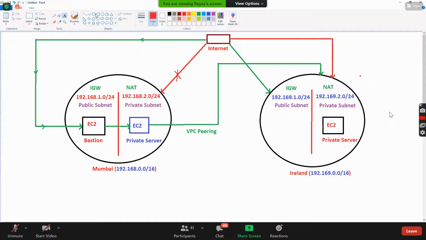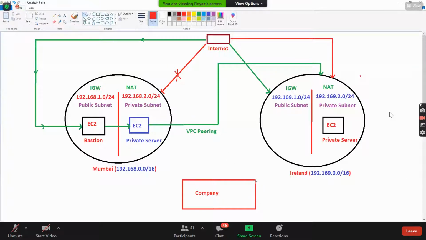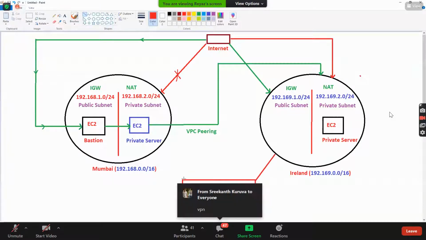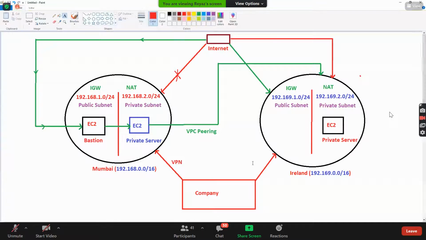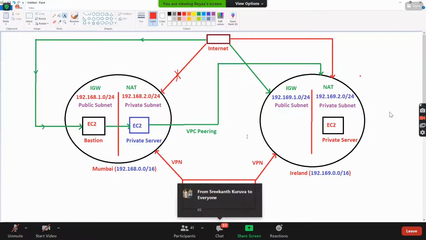And then here I just put it like, if you have your company, this will be your company, right? And company to AWS, how do they connect, guys? They both will connect through the VPN concept. Your network administrator will do that. Of course, you need to do something on the AWS side, but you will easily do that too. So this is through VPN and this is through VPN. Guys, is this clear now? VPC peering, everyone?